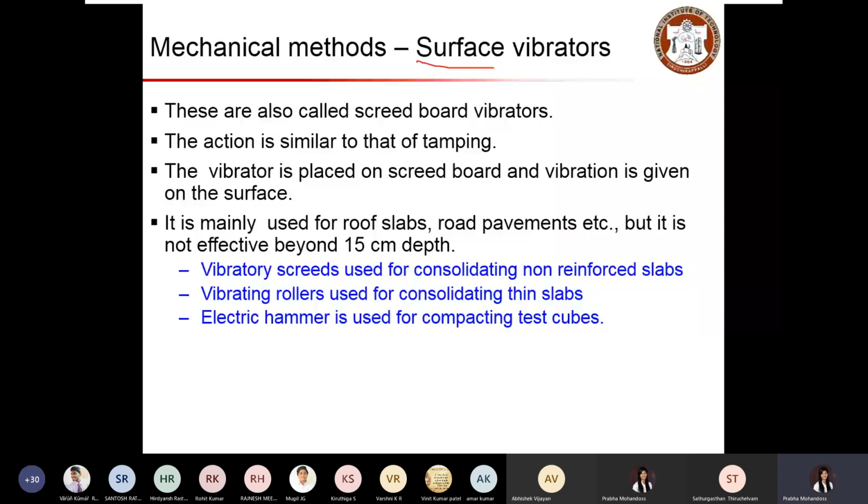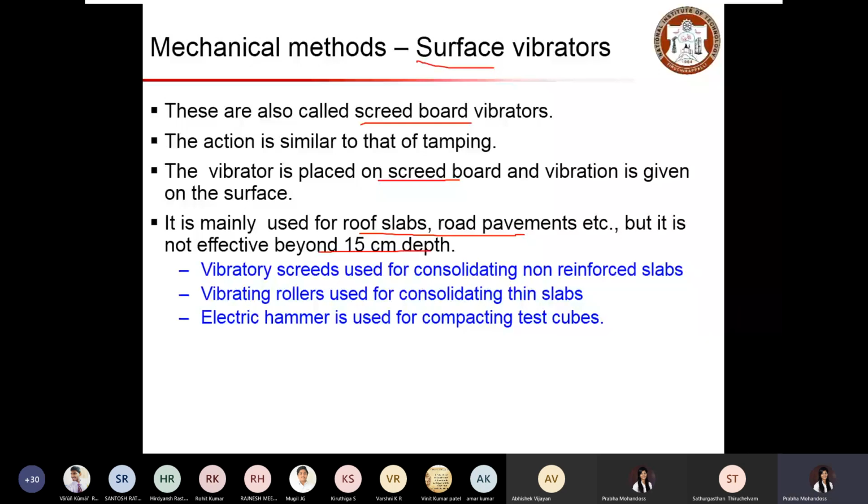This is called a screed board vibrator. The action is similar to manual tamping, but here we do it mechanically using this surface vibrator. The vibration is given on the surface, and this is mainly useful for roof slabs and road pavements, where you have less depth and a large surface area.